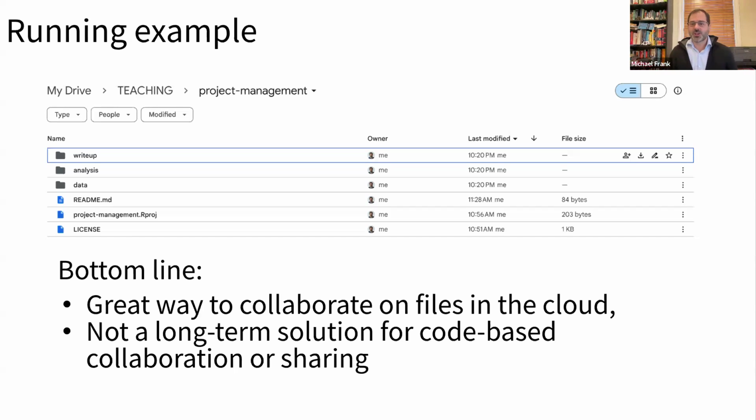Kimberly notes that they're using SharePoint. Something like SharePoint is another solution here that allows you to collaborate and have a single place where all of the project files live. Same thing for SharePoint. There are pros and cons to both, but the basic idea is that these are great ways to have a single version of your project for your collaborators. It's not going to be great for code-based collaboration, and it's not going to be great for sharing. But it is a really nice way to have a well-organized project for your collaborator group.